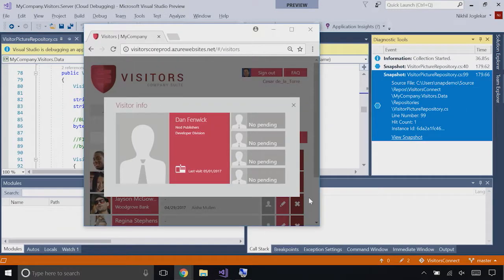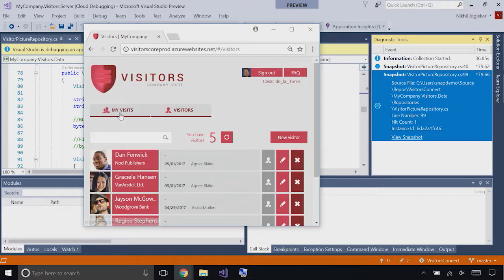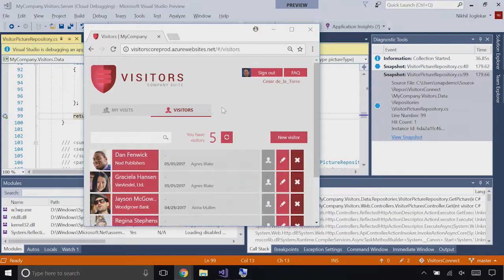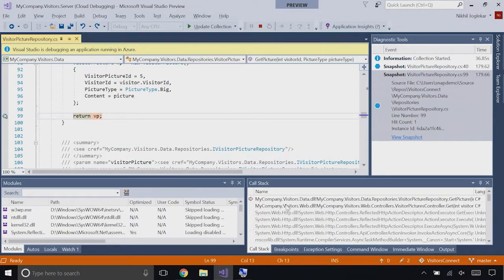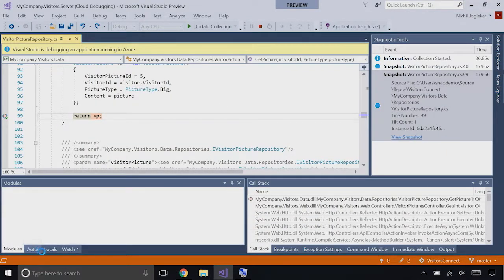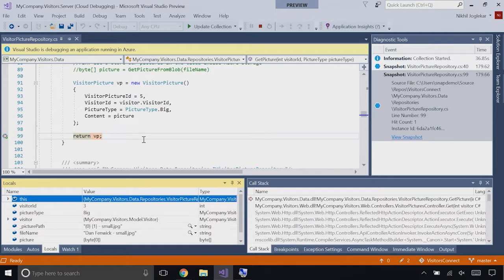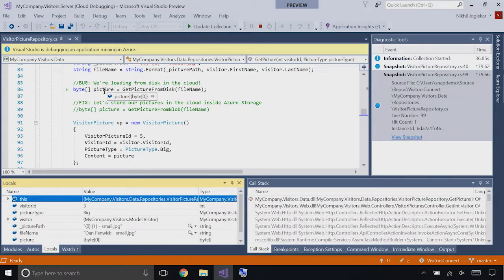Now, it's important to keep in mind that while I'm debugging it, the app itself is still up and running. There's almost no impact that I can see in the app. Meanwhile, in Visual Studio, I have my call stack, I have my autos, I have my local variables, and in my locals, I can see that the picture that I was trying to load has actually come back as an